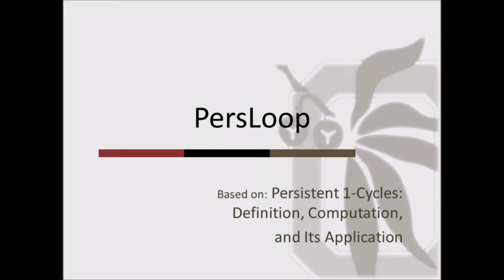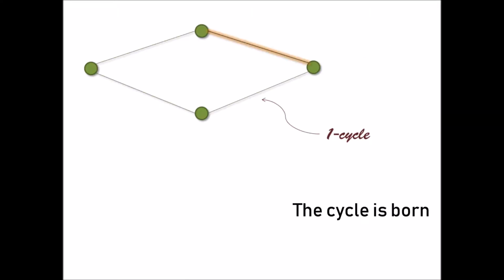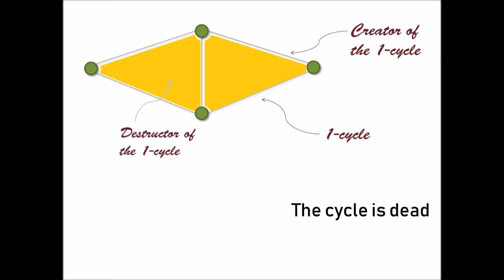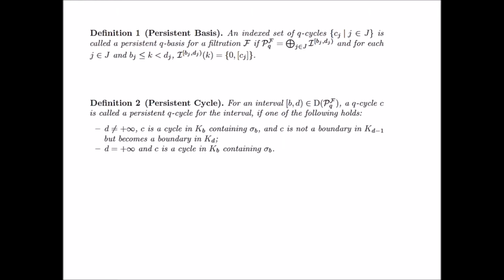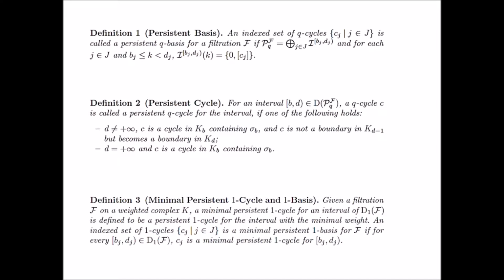We study the problem of computing representative one-cycles for persistent first homology group with Z2 coefficients. As we know, persistent cycles are born from a creator simplex and become trivial when the corresponding paired destructor simplex is brought in. Specifically, as interval module decomposition reveals the structure of persistence modules, we define persistent cycles which fit into this structure